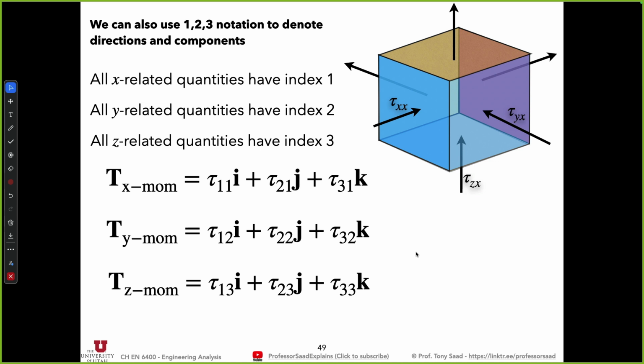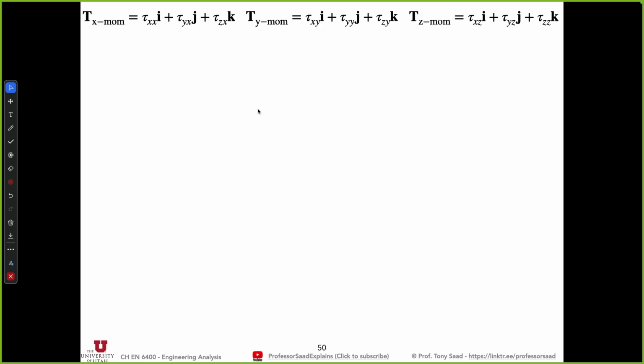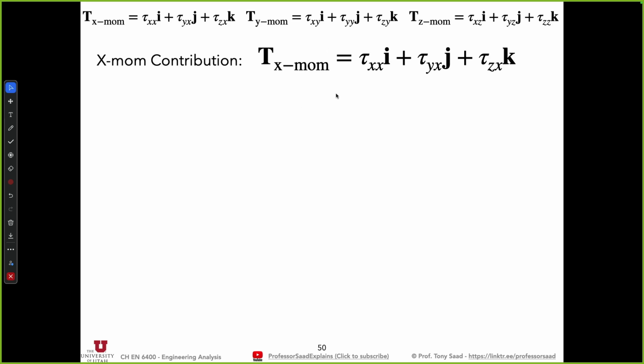I haven't said anything about what tau is. It's just tau right now. It's an unknown. I'm not going to say anything about it for a while. We're just going to keep calling it tau. It's just a symbol to allow us to account for everything that's going on. Okay? So now that I have these individual contributions,